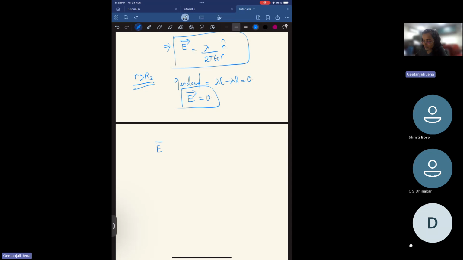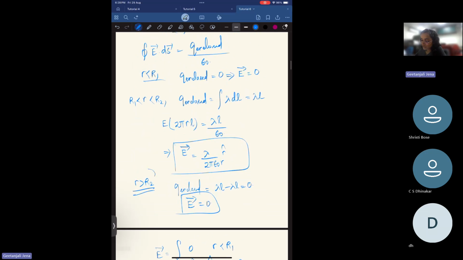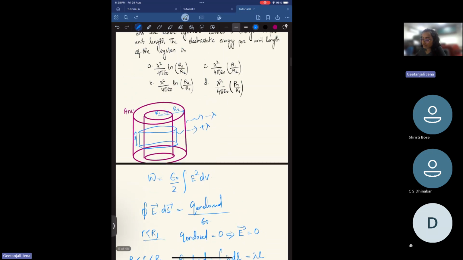So we have the electric field now as 0 for R less than R1, and lambda by 2 pi epsilon naught R for R between R1 and R2. Third point, I think you are referring to this one, right? So for R greater than R2,